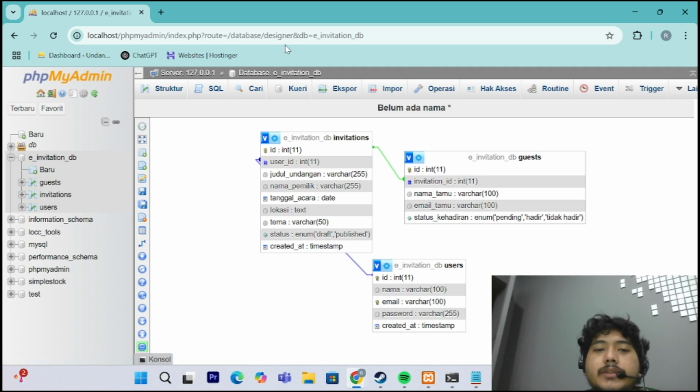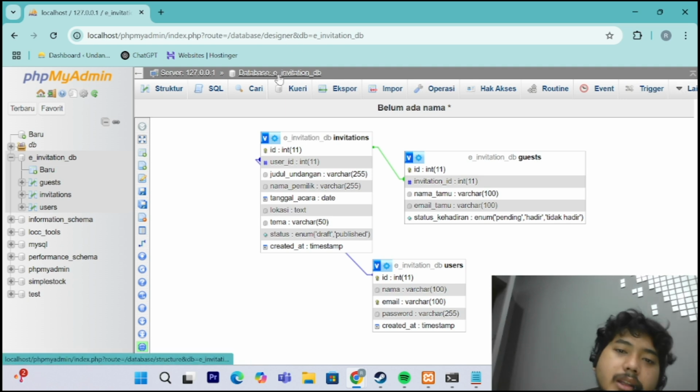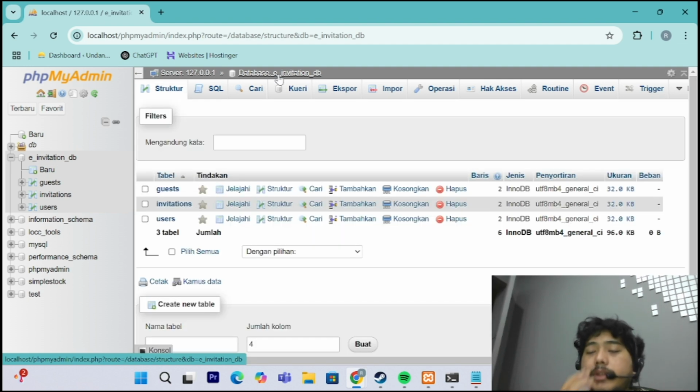Okay, so in this video, we now have the database for our invitation DB that we can use for our application. We have designed a database for an invitation management system. We created the tables, inserted the sample data, performed create, read, update, and delete operations, and generated reports using SQL queries. I hope this task helps you understand the database design process.